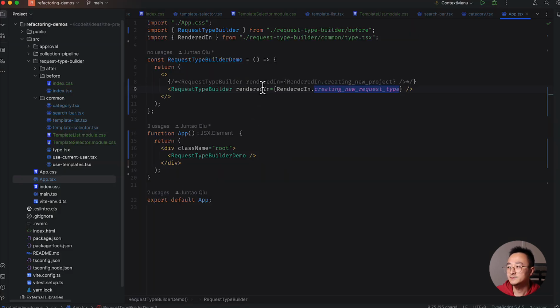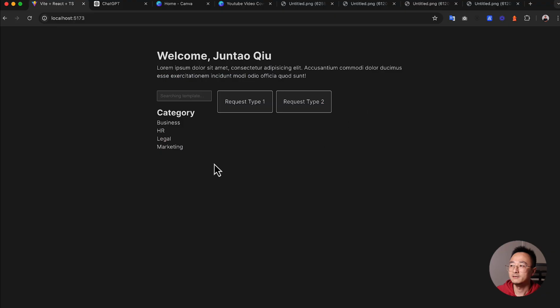And if instead we run it in create a new project, then you will see it's working as expected. So you see welcome, username, and then the other text shows up, and it has exactly the same thing